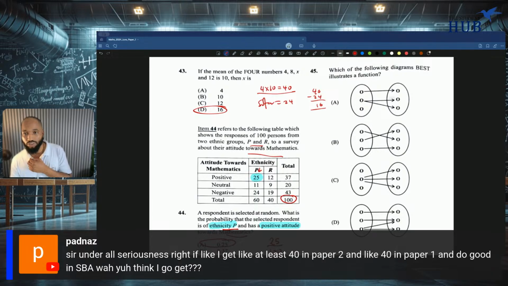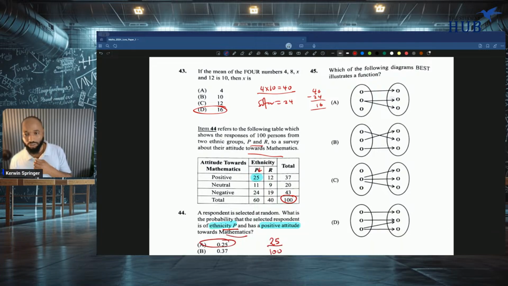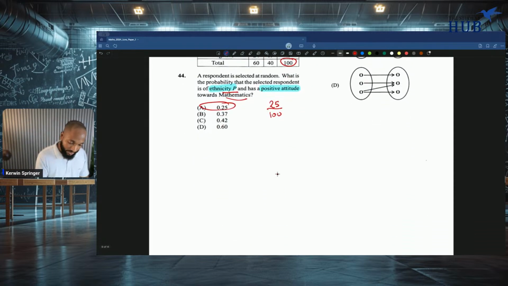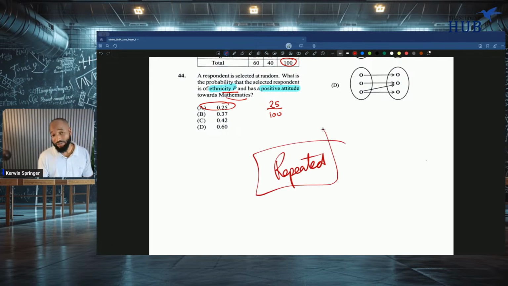You can get more than 14 on paper one, bro. Lock in. Anybody can get more than 14 on paper one. No person should be getting under 15 on paper one. It means you didn't do the last 10. Everybody listen to what I'm saying. The questions are highly repeated and the ideas are highly repeated. I gave you solutions that you have to go and check on